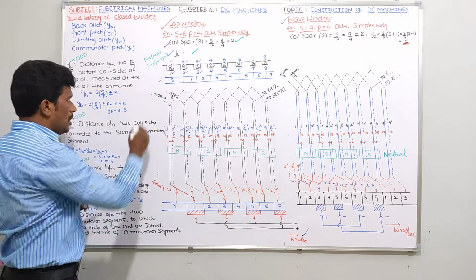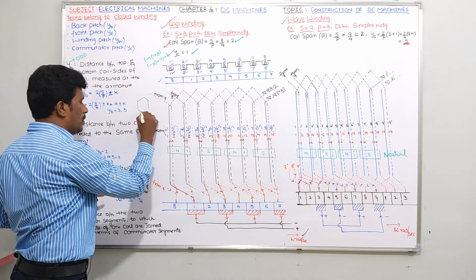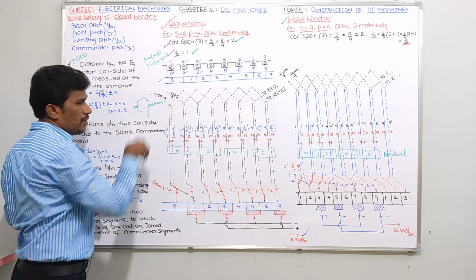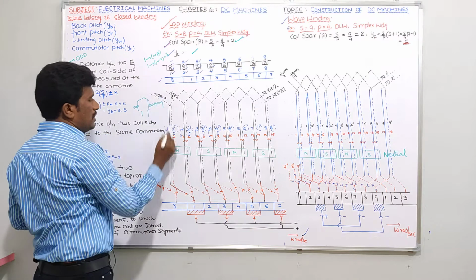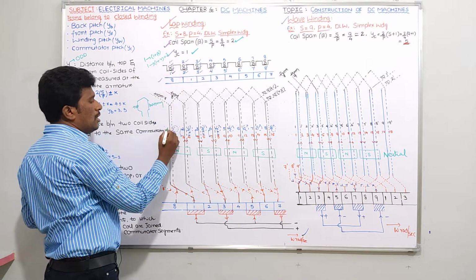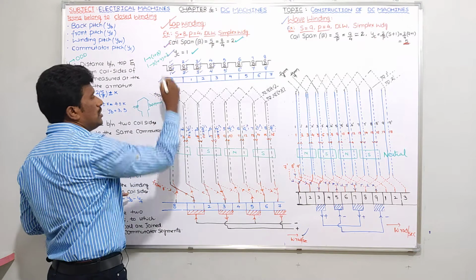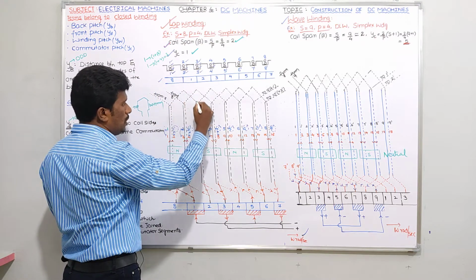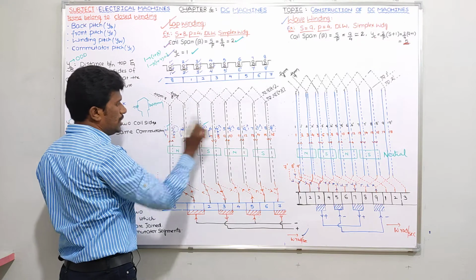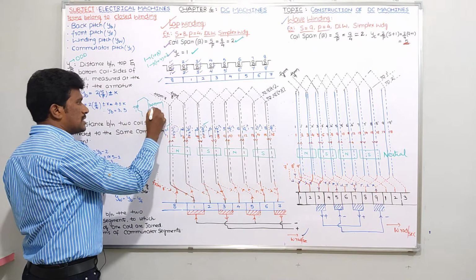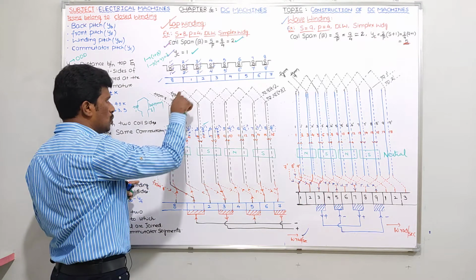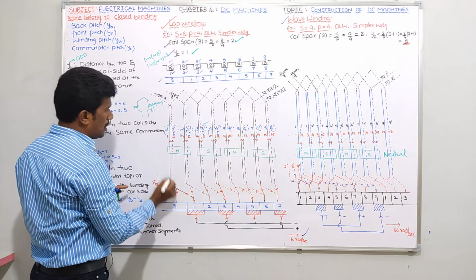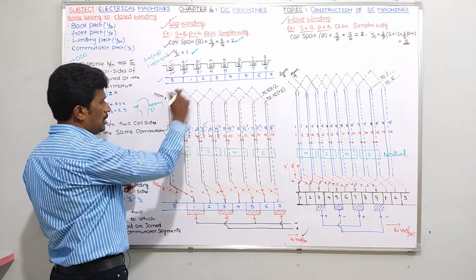But be careful. If you want to show a coil, this should be top conductor, this should be bottom conductor. That is the designing point. Suppose you are starting from 1, that means in slot number 1 we should take the top conductor, but 1 to 3 here, don't go to 3. You should go to 3 dash. So 1 to 3 dash. Is it clear? 1 to 3 dash.